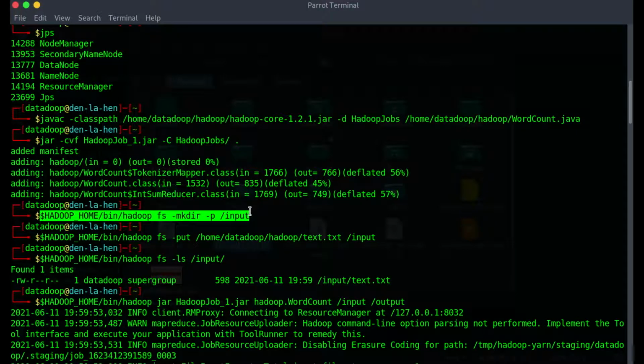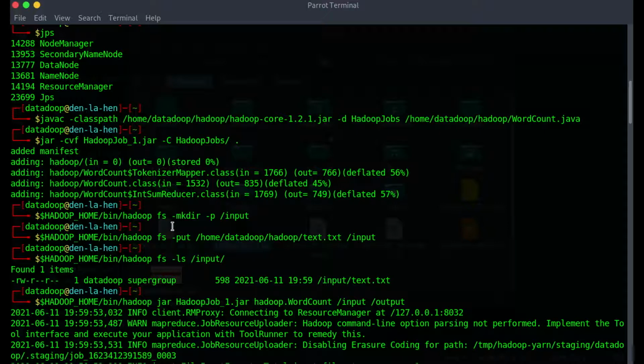Here you instruct the Hadoop cluster to create an input directory inside the HDFS file system, so that you can copy all the input data, that's the text files or comma separated value files and so on, into HDFS. The command goes like $HADOOP_HOME/bin/hadoop fs.